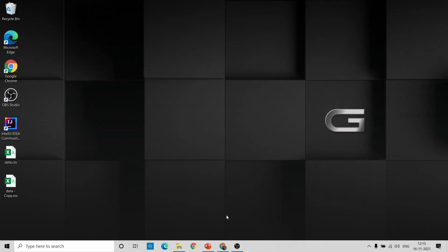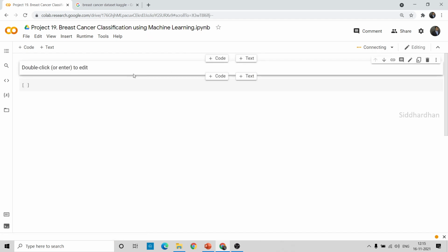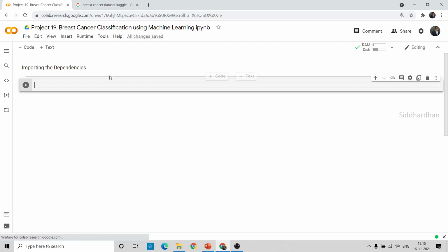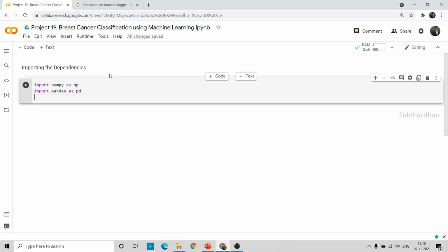I'll go to my Google Colaboratory and connect my system. The first step is to import the dependencies. So first let's import the libraries and the functions that we need. I'll make a text here saying importing the dependencies. First of all, I'll import the basic libraries: I'll import NumPy as np, and pandas as pd, and we are going to get this particular data set